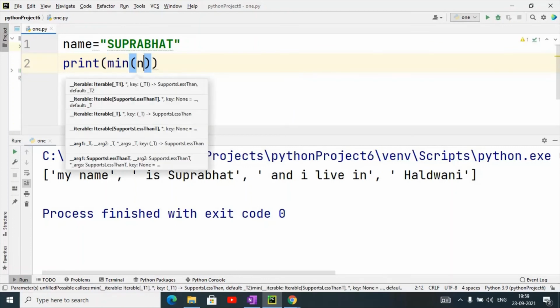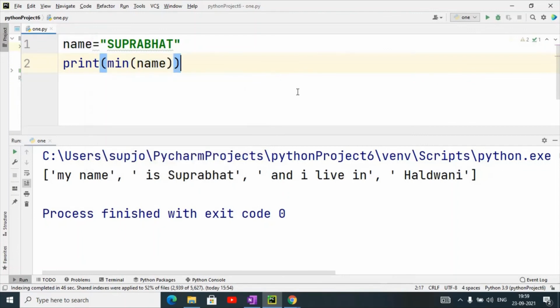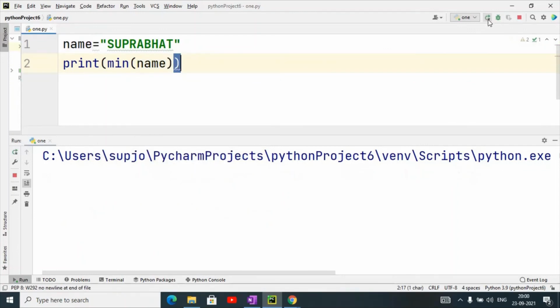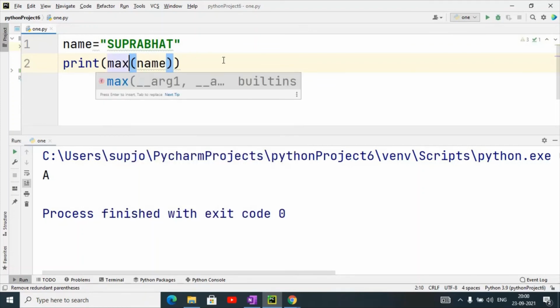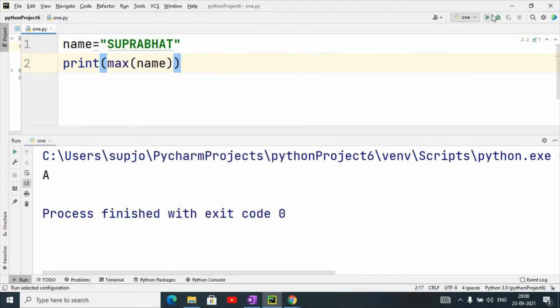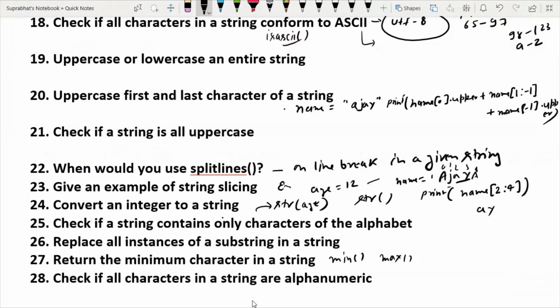I will type this name in the min function. It will print the minimum in alphabetical order. The first character, the minimum character, is A in this string, and if I use max, U is last, so it will give the last character in alphabet order. Understand? This is the use of min and max.